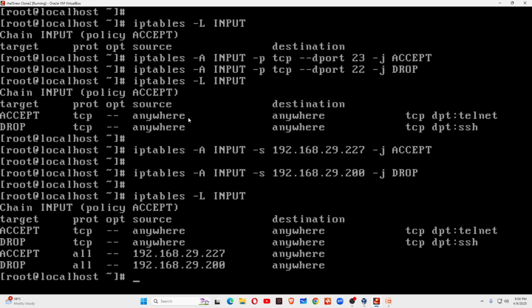Now let's come to the IP plus port. This means I want to allow or deny an IP address or a certain service for a certain IP address. You can do that. Suppose I want to do that: iptables -A INPUT -p tcp --dport, suppose port number 80, that is the web server. And I want to allow that for this IP 1.0.0.1